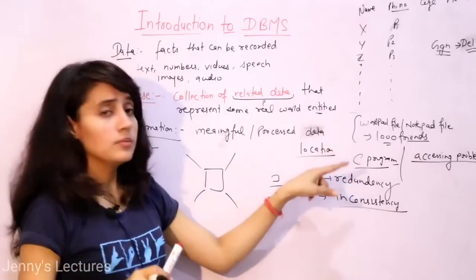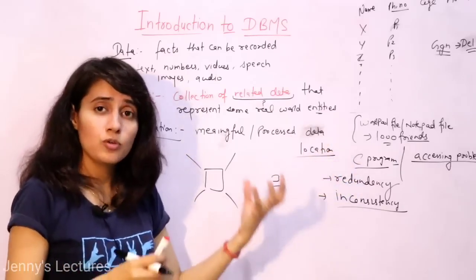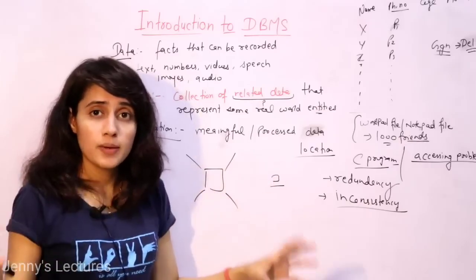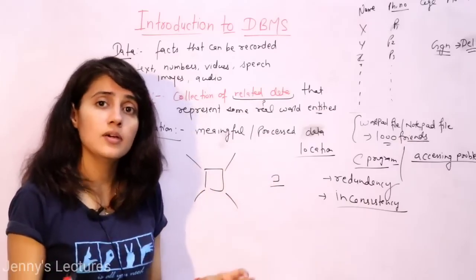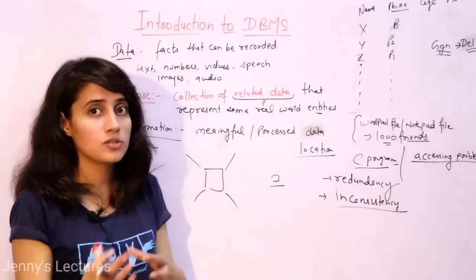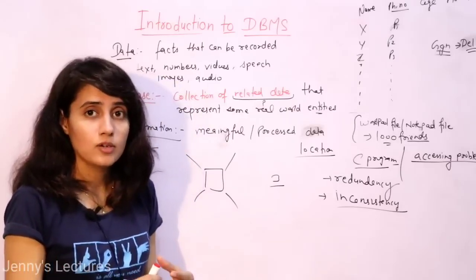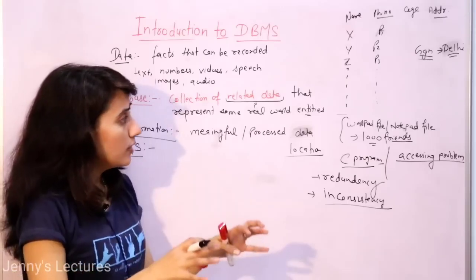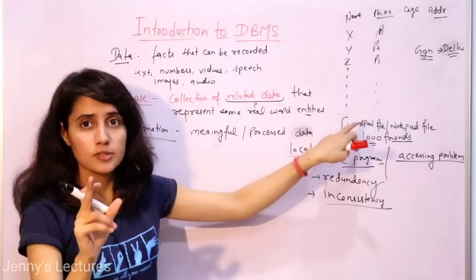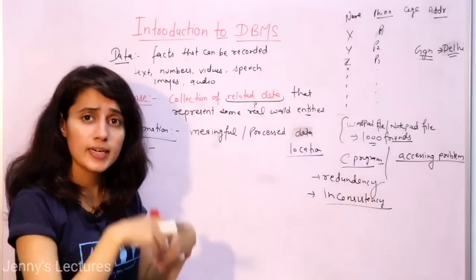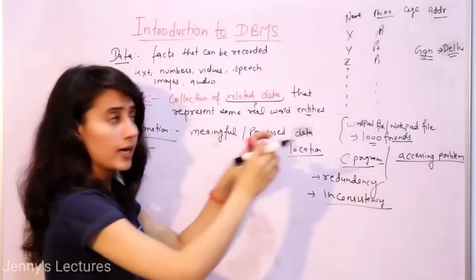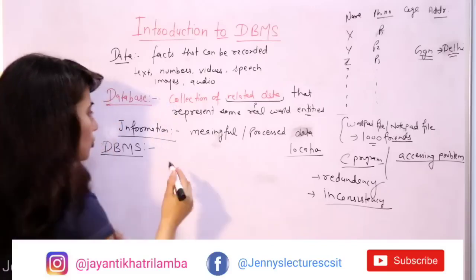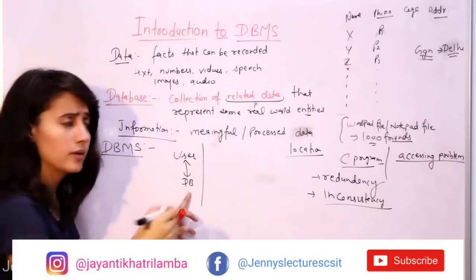And this would be a problem, obviously, if you are using a file system and there is a huge amount of data, a large database. In that case it is very difficult to manage that database manually. So that would definitely be a problem. Here the user is responsible for managing the database. The user is directly contacting and directly accessing the database, right?